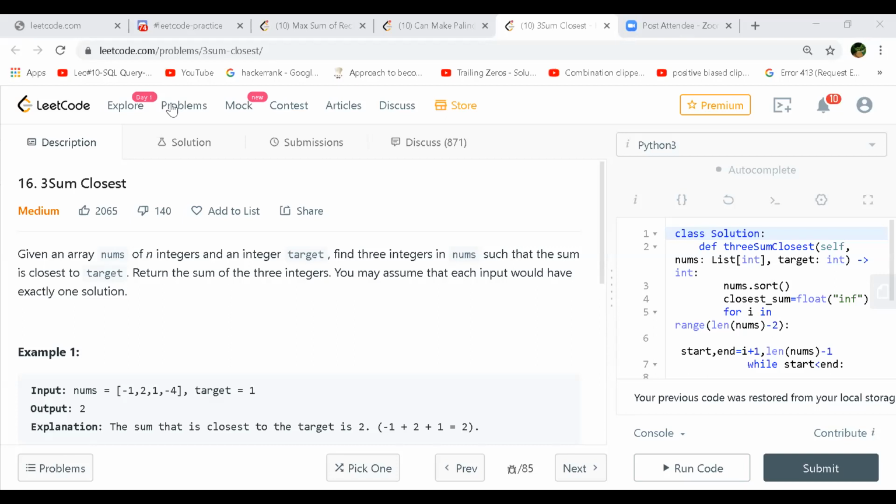I think in three-sum we were able to use an unordered set because we had the values of a and b, and we knew the sum we wanted to achieve. Then we can use sum minus a minus b to get the value of c, right? But here, we need to find the closest value of c, right? We don't have an accurate value of c. That hash set will work in target sum exactly where you need the three.